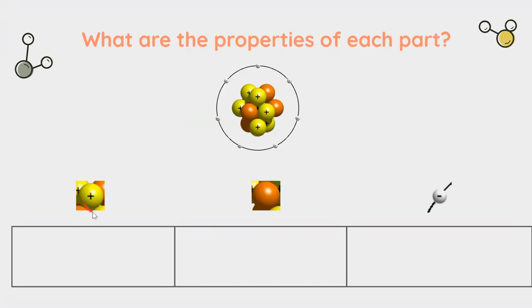Well, if we look at our protons, we can see that they have a positive charge. That positive in the center kind of gives it away. And we can remember that by thinking protons are positive. It has the same beginning sound in the word. Now, these do have a mass of 1 each. In fact, their charge we say is positive 1, and their mass is worth just 1.